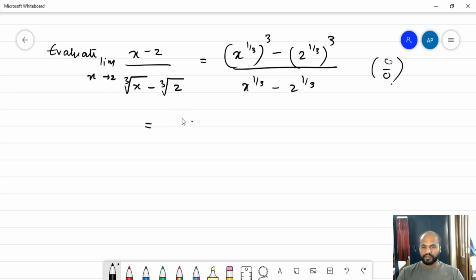So what we have to do is we can write n, that is this a 2 raised to 1 by 3, n minus 1, that is 3 minus 1, that's 2. So answer is going to be 3 raised to 2 by 3. That will be the answer to this question.